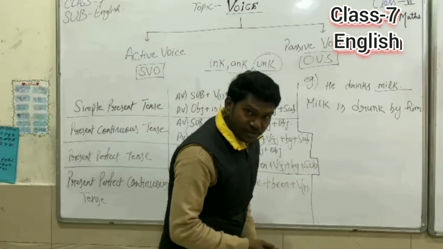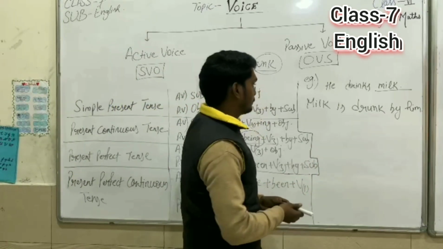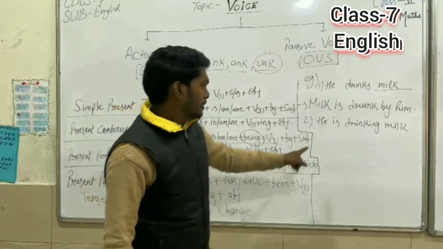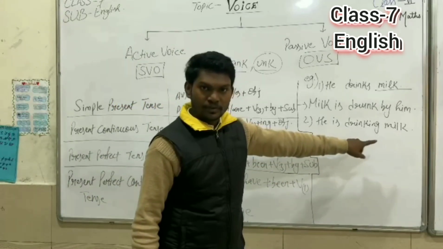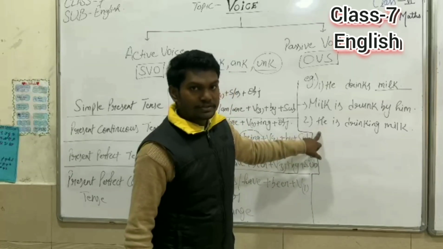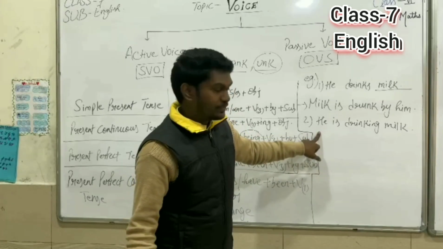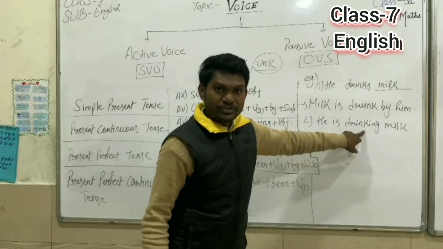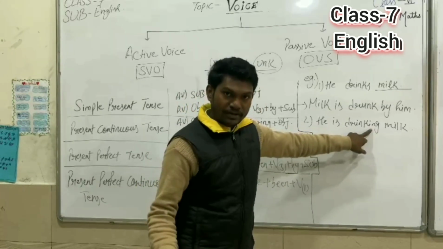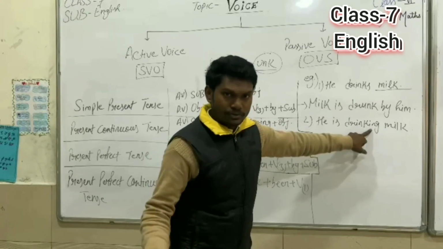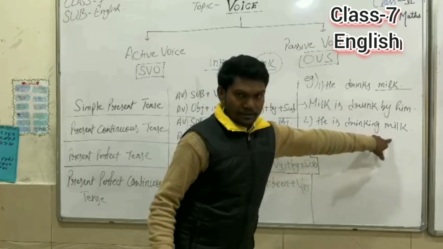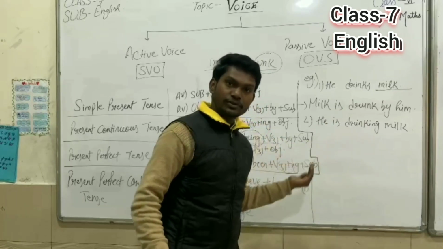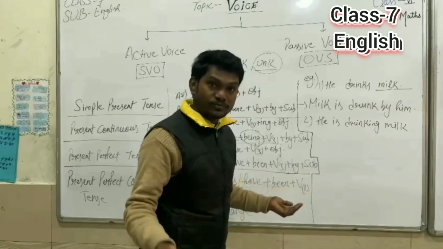Now, changing the same sentence into present continuous tense. So the sentence for present continuous tense is he is drinking milk. You can see here, he is third person singular. We have applied is. Now, drink is the main verb which is consisting ing with it to reflect that it belongs to present continuous tense. So he is drinking milk. Now, to change it into passive voice, milk is taken first because he is drinking milk. Milk is the object. So milk